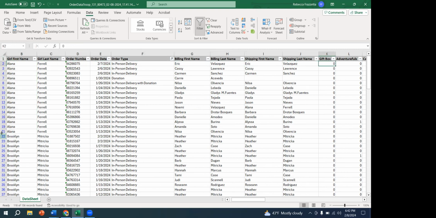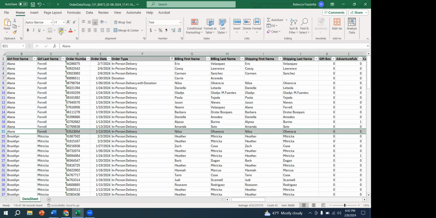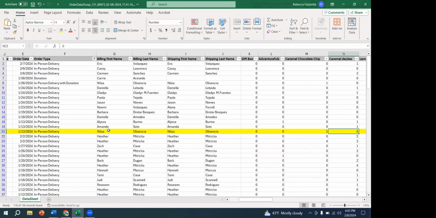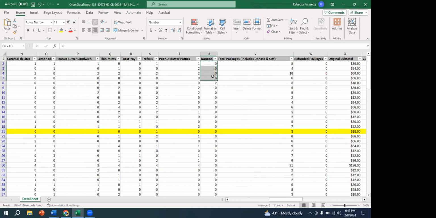So you might have to play around. Again, we're learning all this too, so we're going to recommend things better for next year. If you're looking at Alana, we're going to just highlight where Alana ends. And like Gail said, if you keep scrolling over, here's donation. She has 8. So Alana would have 8 that you would have to add as that virtual cookie share in Smart Cookies to give her credit.